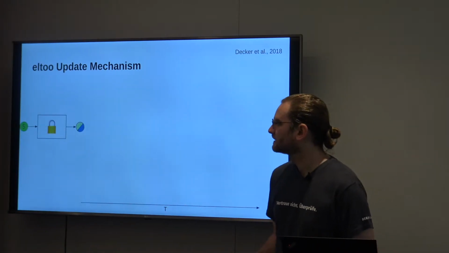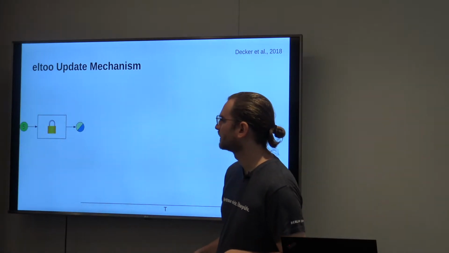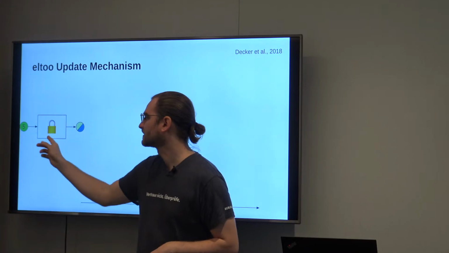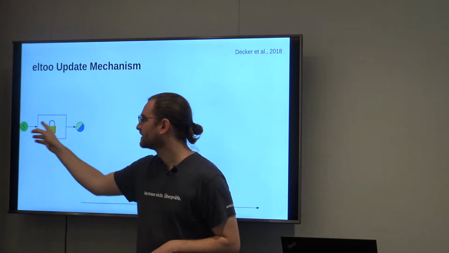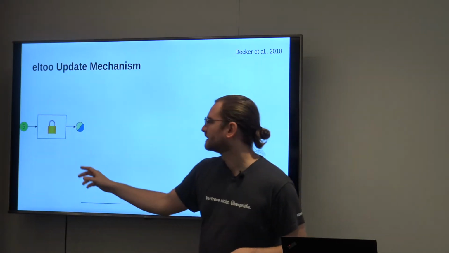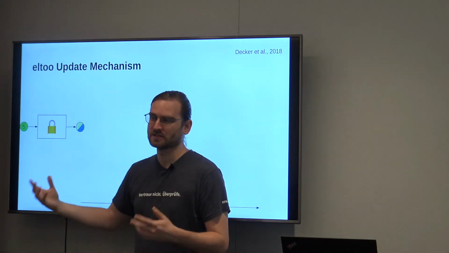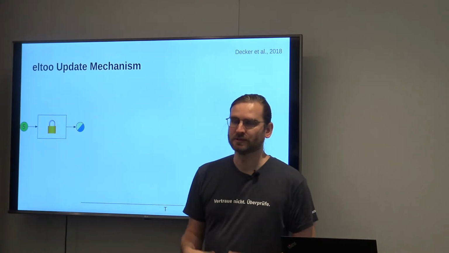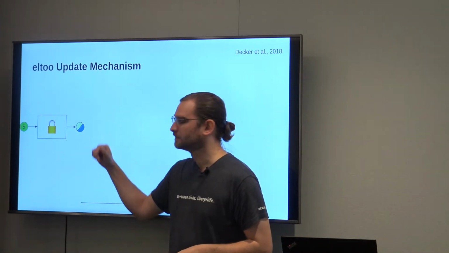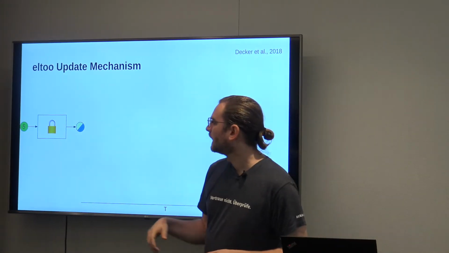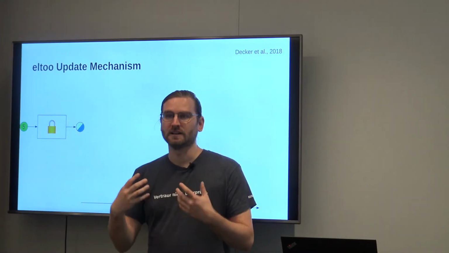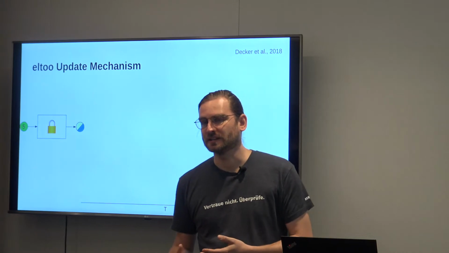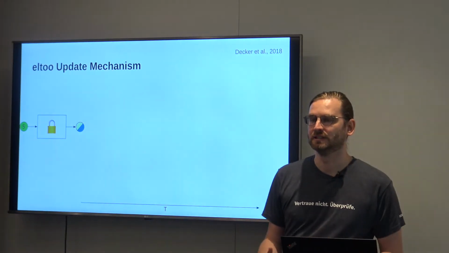Okay, so L2, just a quick notation. I represent outputs as circles and transactions as squares. This is called a funding transaction. It basically takes some funds from the green user, let's call her Alice, and creates a multisig output that is controlled by both Alice and Bob, Bob being the blue guy. And from there on, all the changes to the state of this output need to be